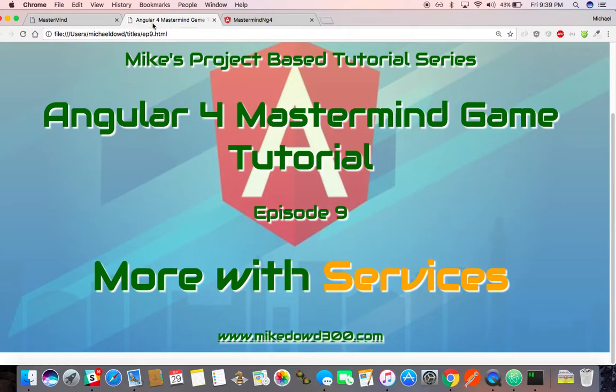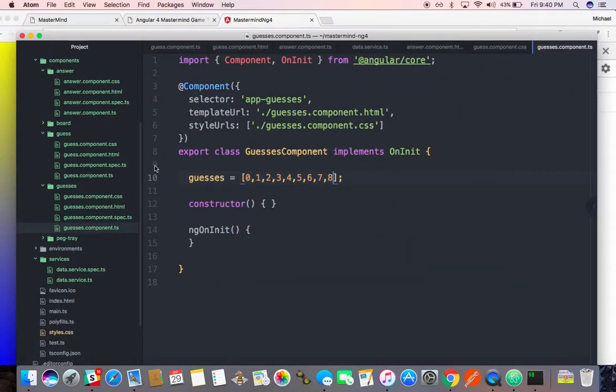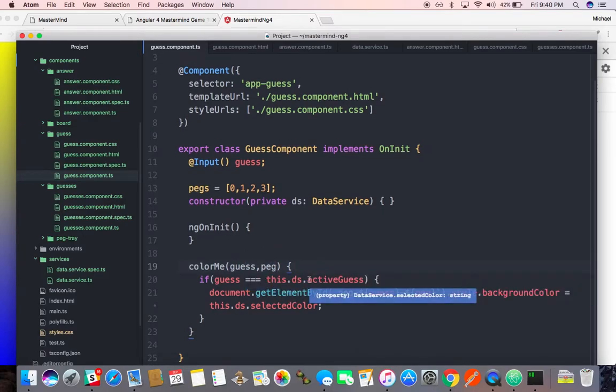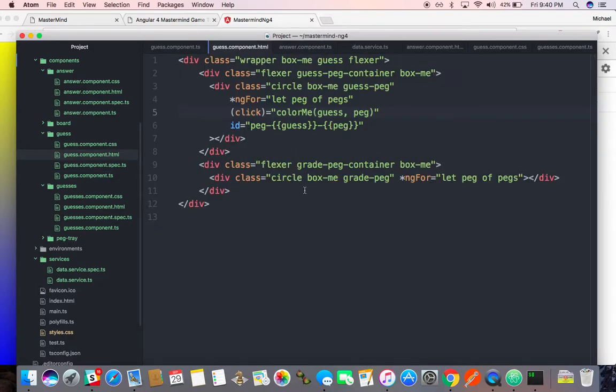Well, first let me talk about where we were at. We're sending in a guess and we're sending in a peg. This.active guess, we're taking the data from the data service. The component constructor brings it in. Guess and peg, that's coming from there. In the HTML, we are sending the guess and the peg. We got that there. And that guess is coming from the